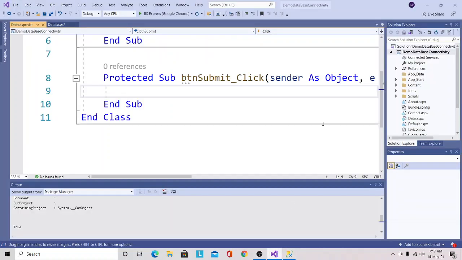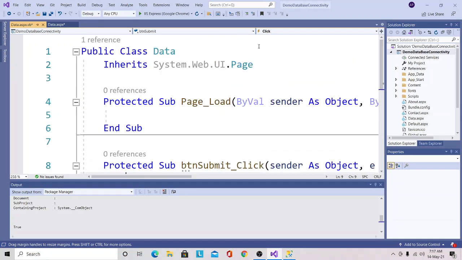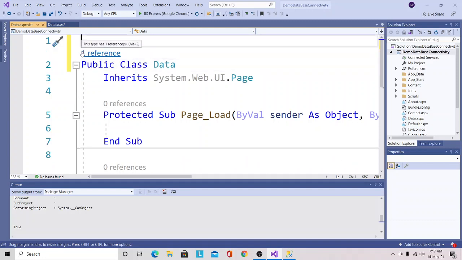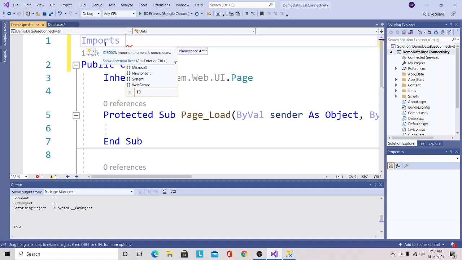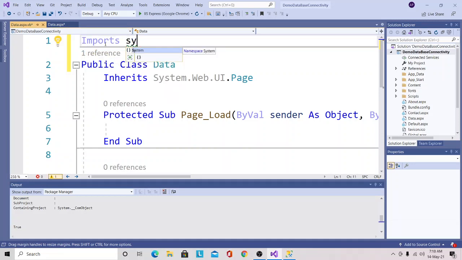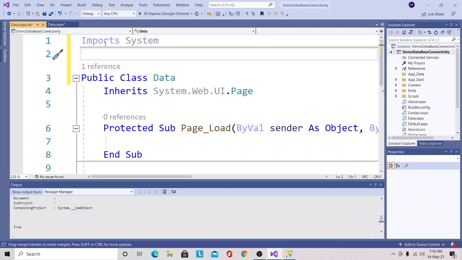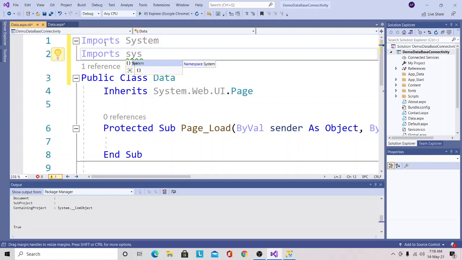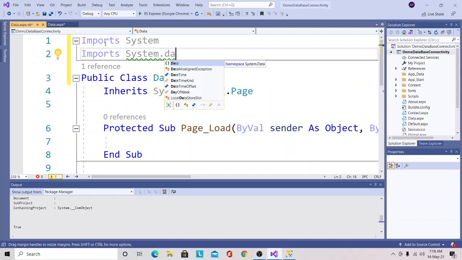So first I will import namespaces here. I will write the keyword Imports and import the System namespace. Then in the next line, again I will write the Imports keyword, and this time I will select the System.Data namespace.